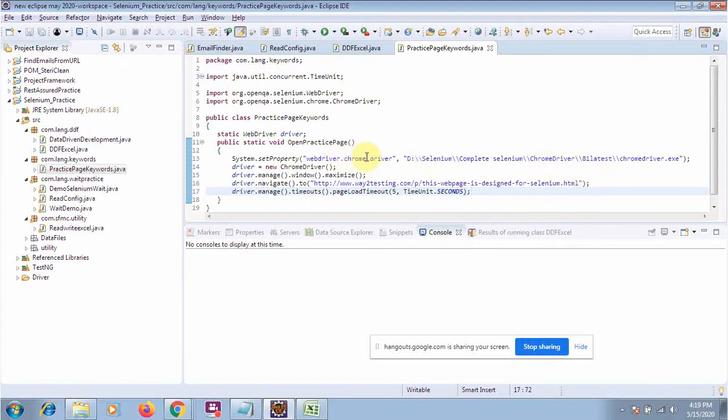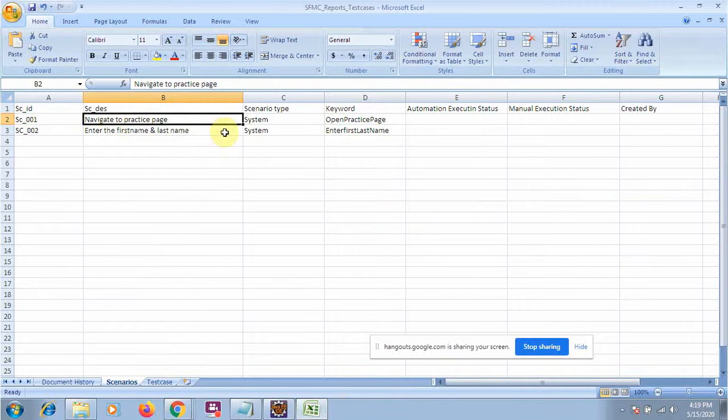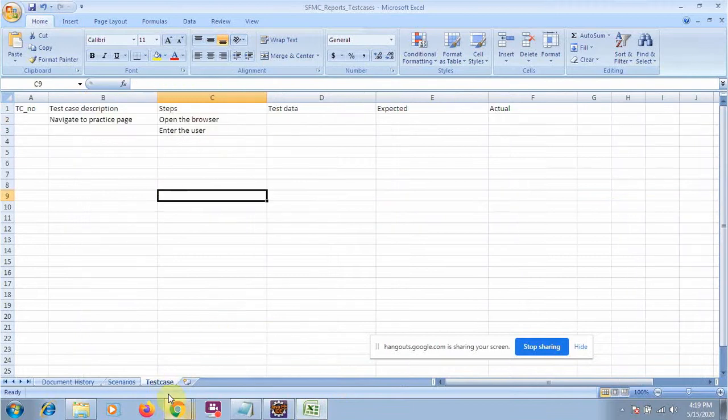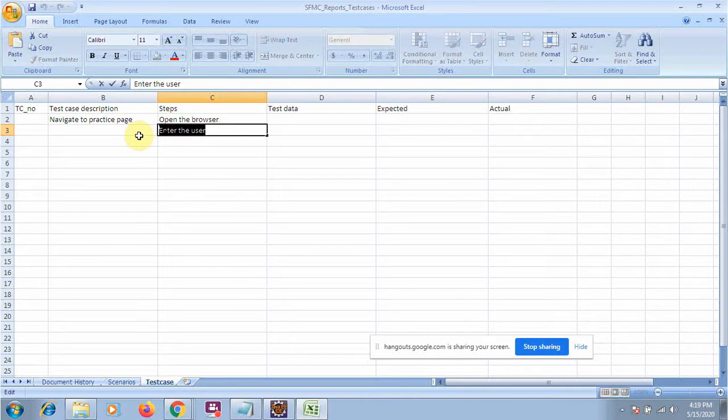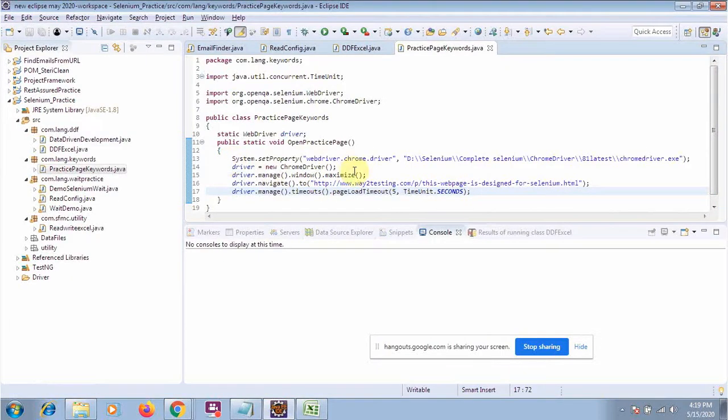So my first method has been completed: I have to open the URL. As it would be written in the manual test case, open the browser and enter the URL, the same I will do in automation testing: open the browser, hit the URL, and all these things.